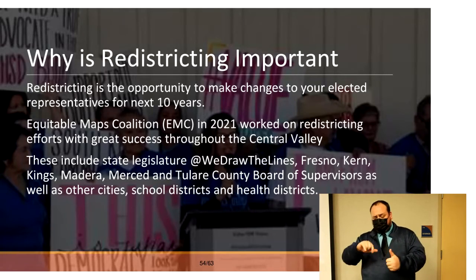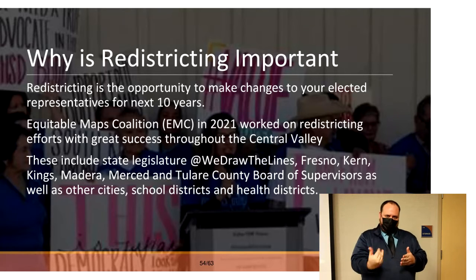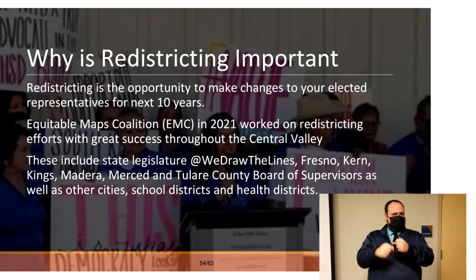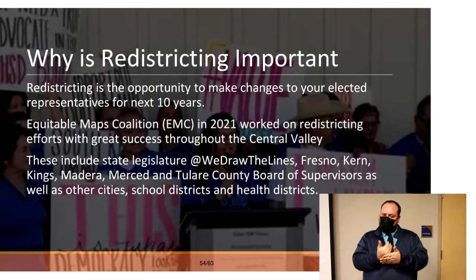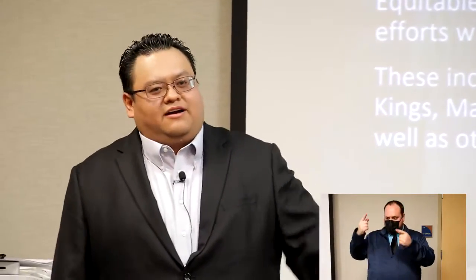The first thing that we need to do is remember why redistricting is so important, right? We need to ensure that redistricting happens every 10 years, and that it's the highest statement in the Constitution, right? So redistricting is the most important thing that can happen to a regular citizen. This is why effective redistricting and getting a complete count is extremely important, and I was part of that as well.